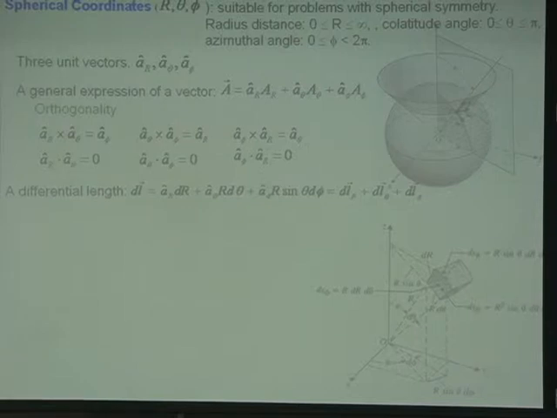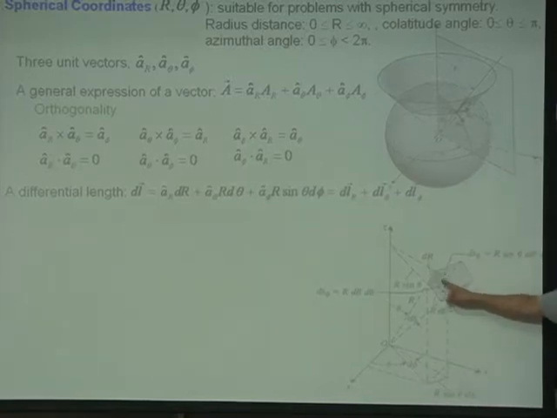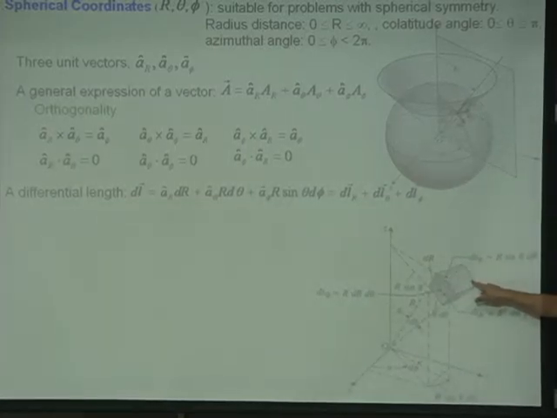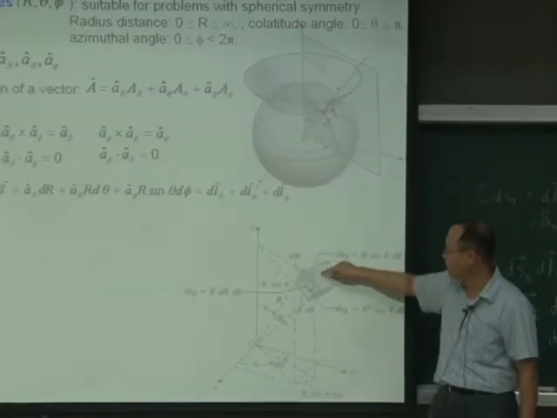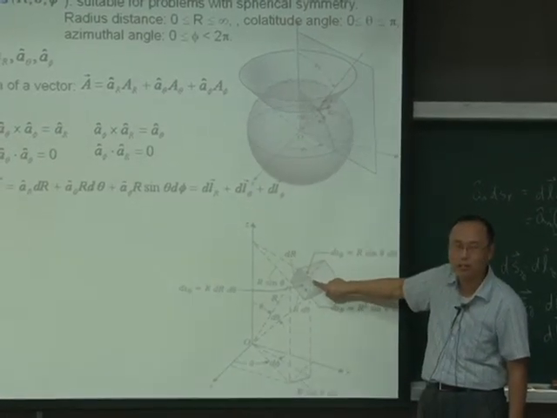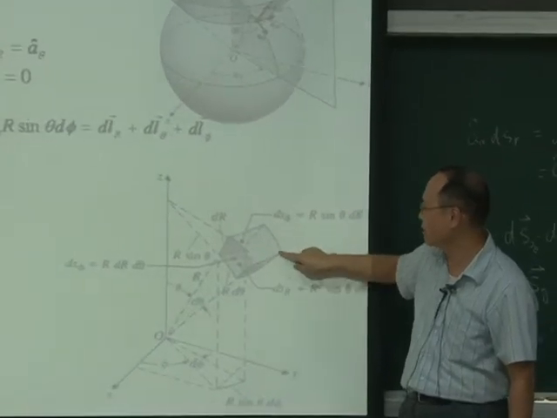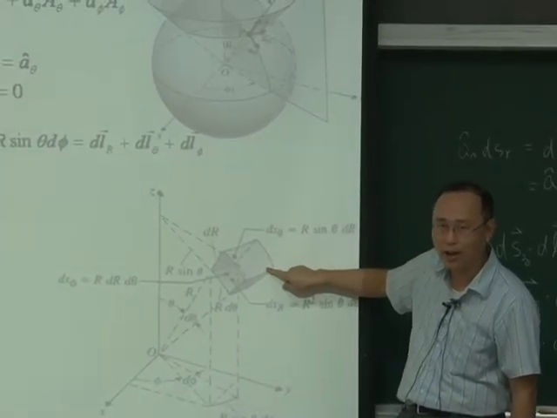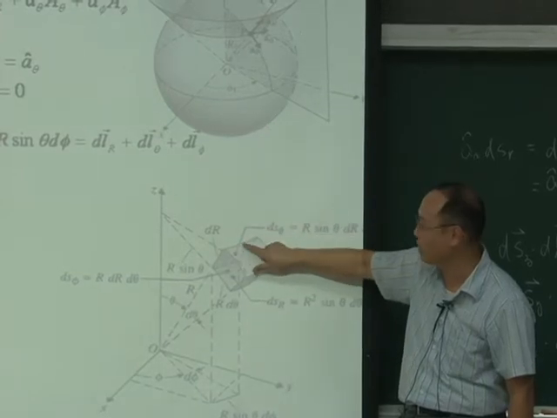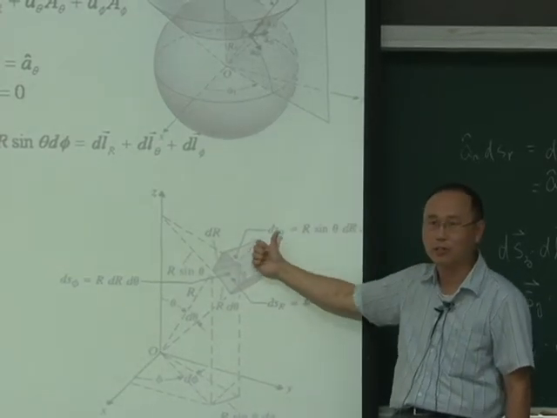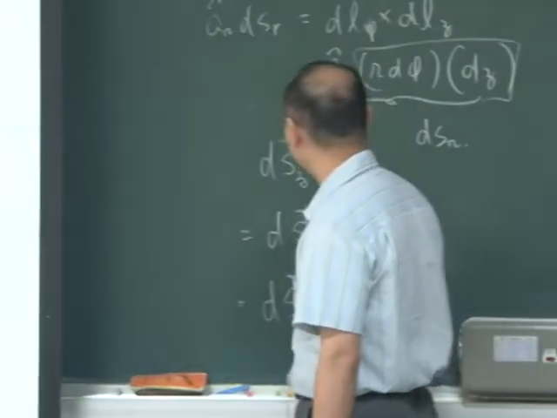Okay, so once you have the differential length along r theta phi direction, or same thing like a cylindrical coordinate system or rectangular coordinate system, then you can construct the small surface. For example, if you want to calculate the small surface, this one, you have two differential lengths. You simply multiply the two differential lengths together, right? Along this direction is r d theta. Along this direction is r sine theta d phi. So you multiply these two together to get this differential surface. And the surface is along r direction, right? So you can construct